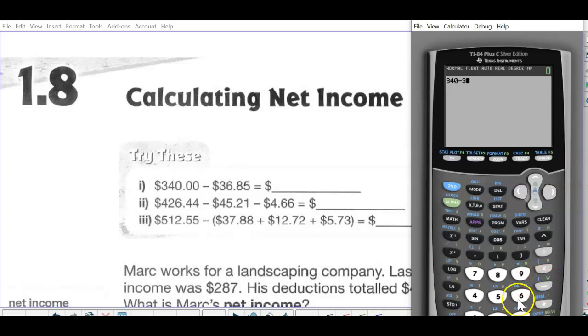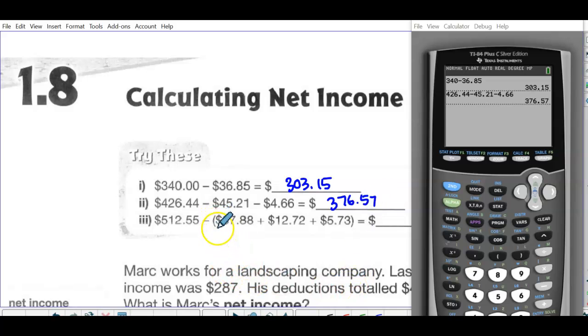$340 minus $36.85 is $303.15, and 426.44. So this first value would be like what your gross income is, maybe for a week or something like that. And then what you're subtracting are your deductions. Okay, so that leaves you with